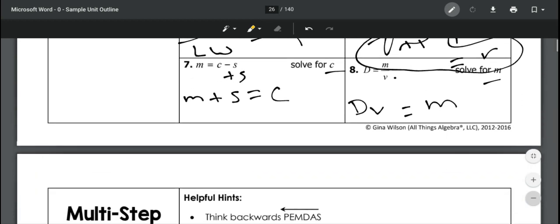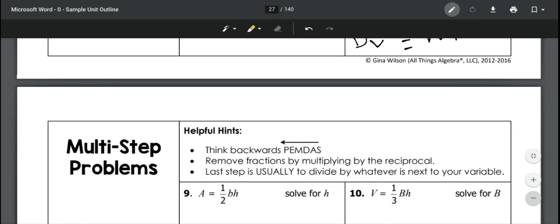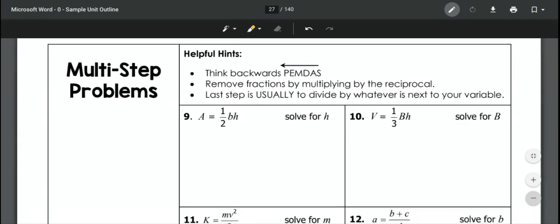So those were your basic ones, like a one-stepper. Now we're going to have multiple steps. And so remember, you always do the opposite of PEMDAS. So you always add and subtract first. And then you always do the multiplying and dividing, just like ones with normal numbers. And then we're going to remove fractions by, and this is where it's really important to use the reciprocal, otherwise it'll be confusing. So when we're solving for h,